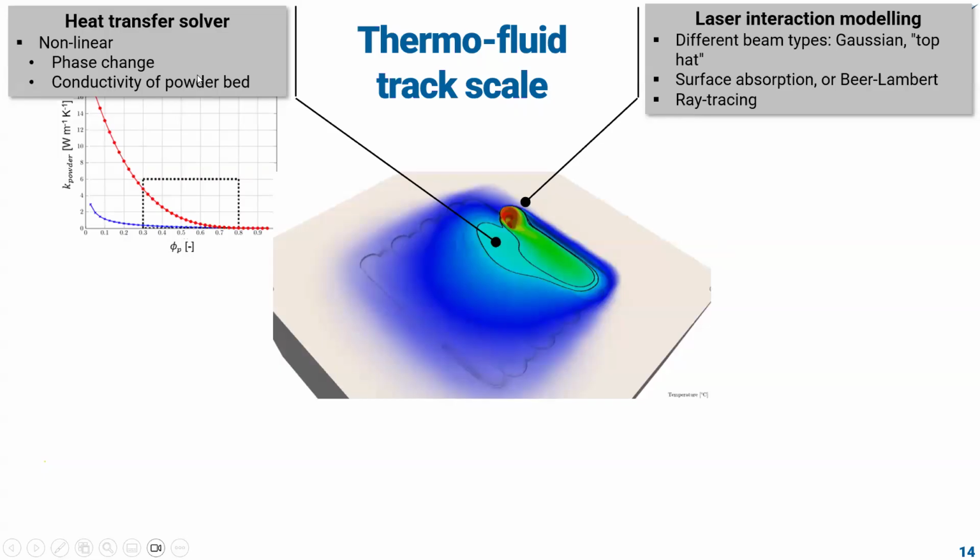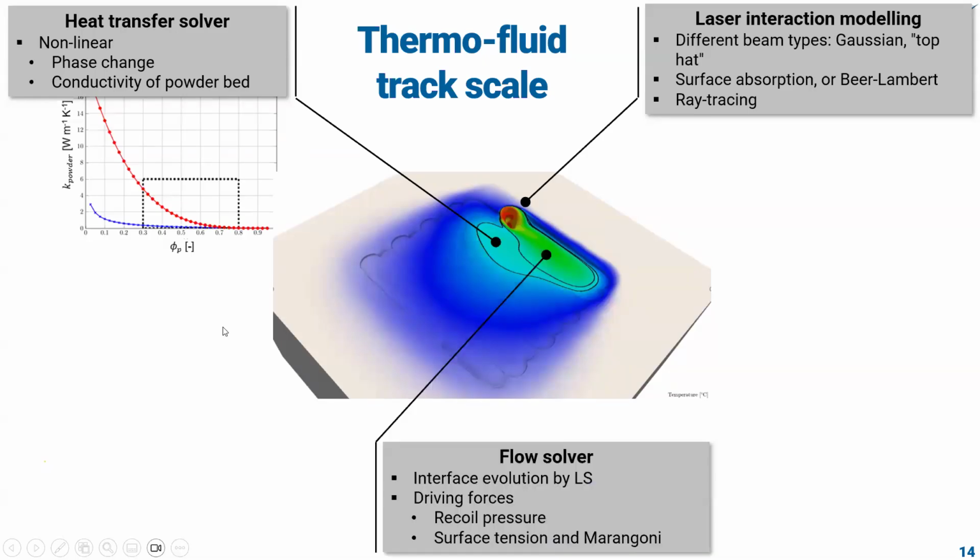So we need a heat transfer solver to treat nonlinearities, fusion, solidification, of course, and also considering what is important, the conductivity of the powder bed, which is very decreased with respect to the conductivity of metal, of course, because of the presence of 50% of gas within the powder bed. We need a flow solver with level set control of the interface,